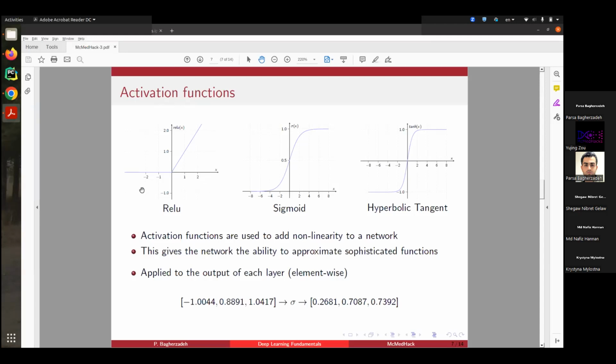The ReLU activation function is overall a non-linear function. However, it is a piecewise linear function. From minus infinity to 0, it is 0. And from